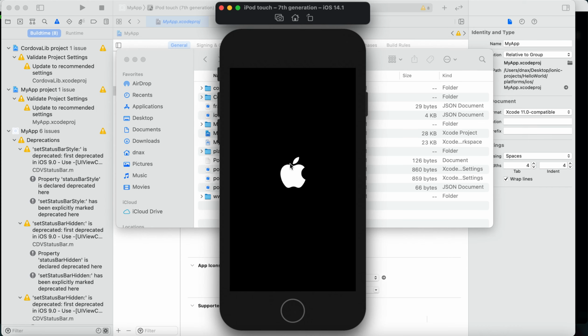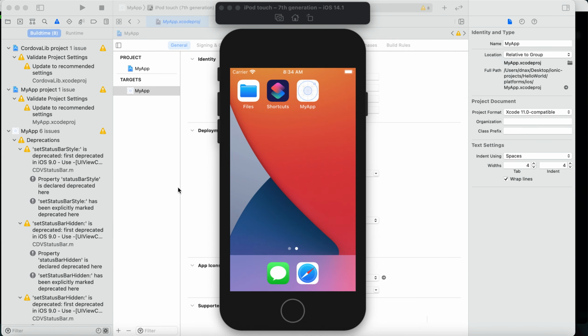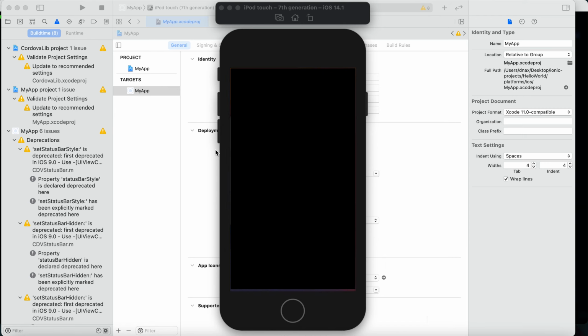Okay, so now it's opening. The iOS mobile has been switched on, and then we need to open Xcode and run, and now the application is running. We created a hello world application, so now that particular application is running.